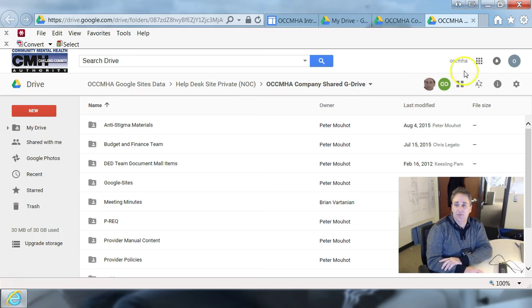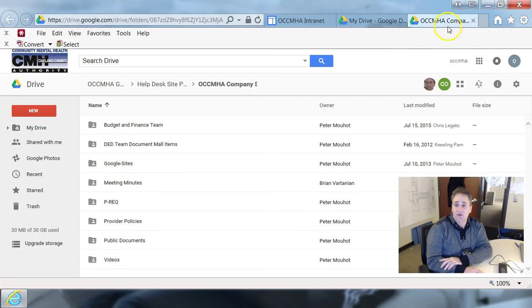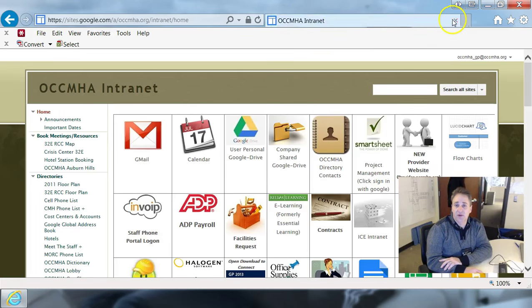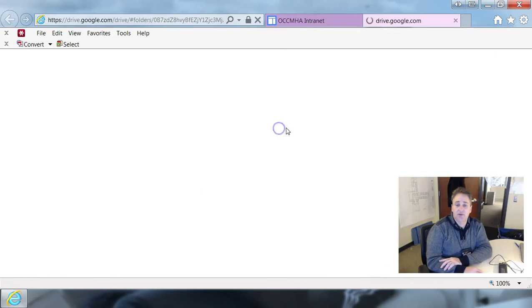So with this one simple procedure that I'm going to show you, this will add this link right into your My Drive, and I hope simplify the whole Google Drive experience for users. So simply what I want to do is, from the intranet website, and this is going to be really short, go into Company Shared Drive,